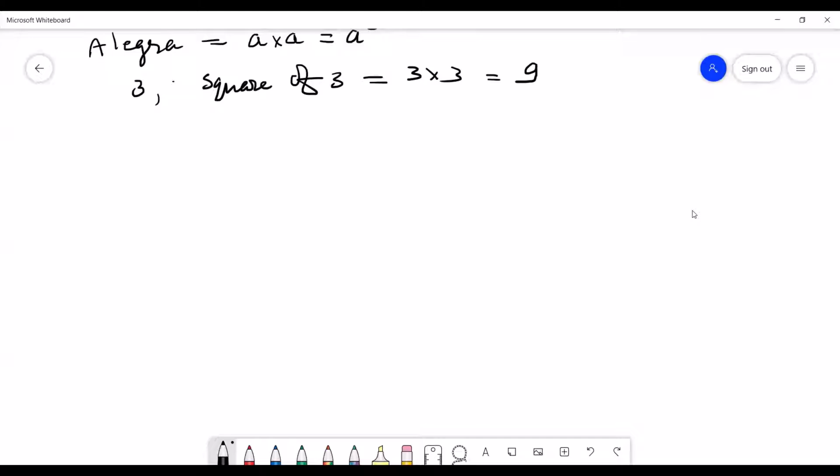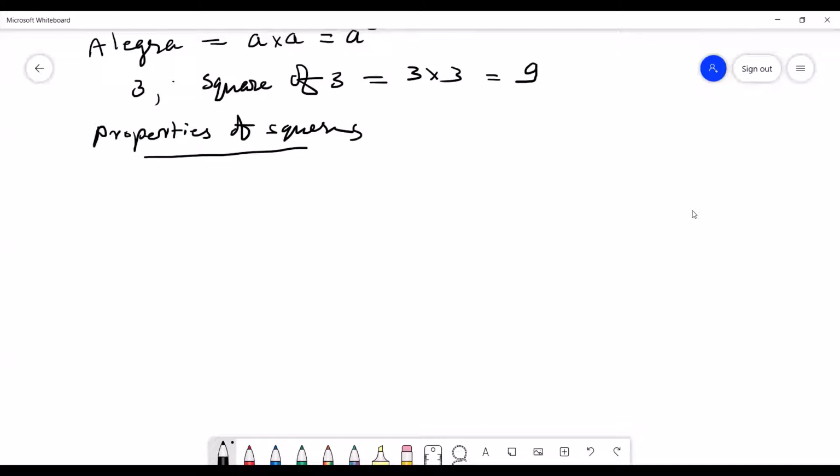And as far as the properties of square are concerned, there is only one number for which the number as well as the square is one and the same. For the case of 1 only, we will get 1. For any other number, we are not going to get the square as the same number. Now let us come to the properties of squares.